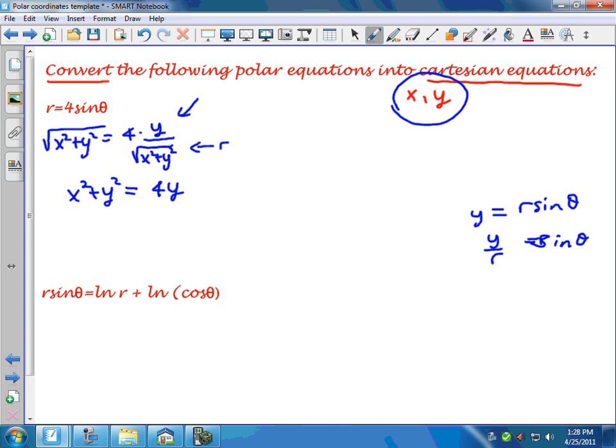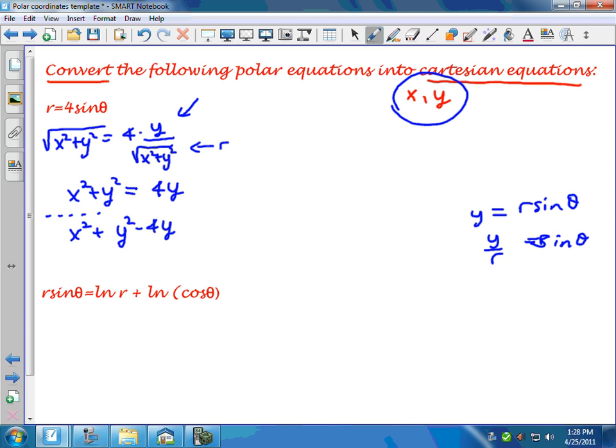And what kind of a graph is this? It's a circle. How do you know it's a circle? You see the x squared plus y squared, right? But what you can do is you can put the 4y on the left-hand side. You remember a method called completing the perfect square? You could do that. This part is optional, but if you just move that to the left-hand side,